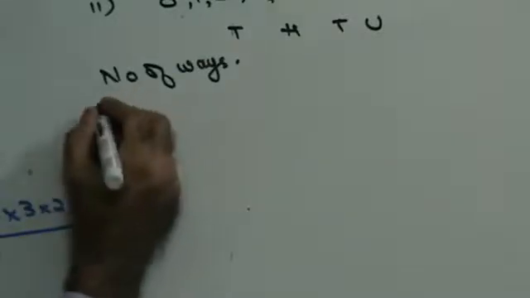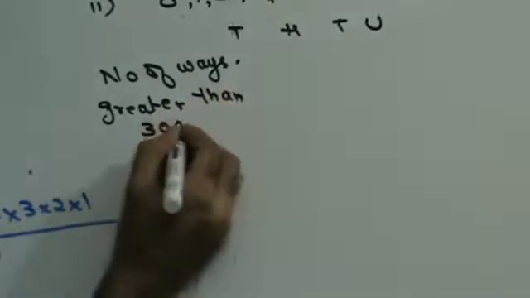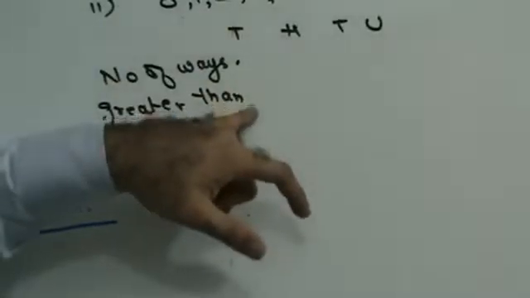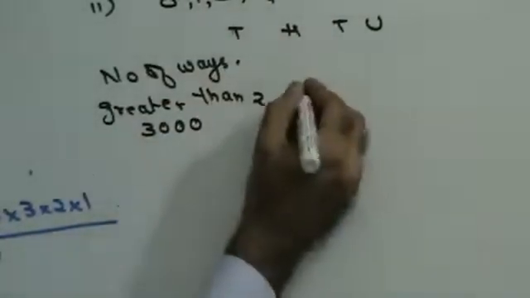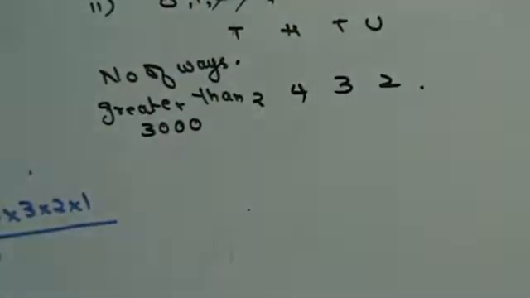So let us find out how many alternatives I have for making a number greater than 3000. Greater than 3000, because we know how to do 1000 numbers, right? If I want the number to be greater than 3000, then how many alternatives do I have for filling the thousands place? There are 2 alternatives. Either I can fill it with 3 or I can fill it with 4. Out of them, one of the alternatives is gone. That leaves me with 4. One more gone. That leaves me with 3. One more gone. That leaves me with 2.